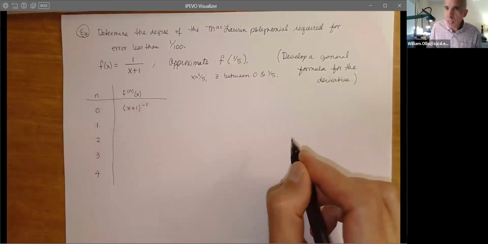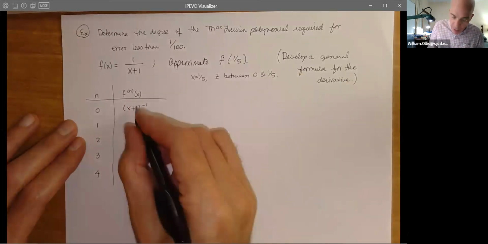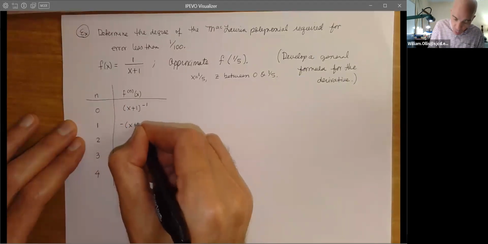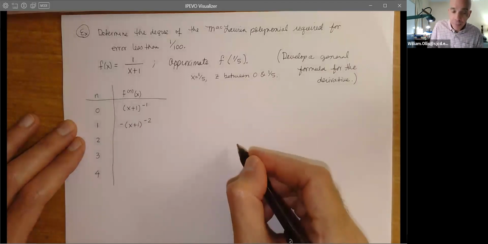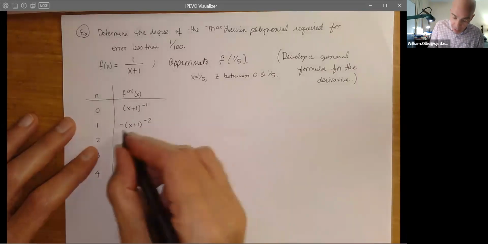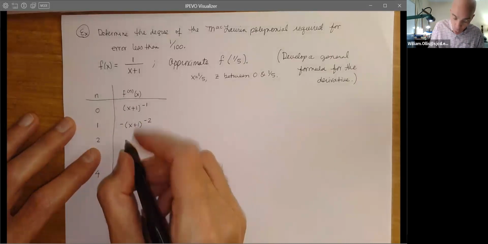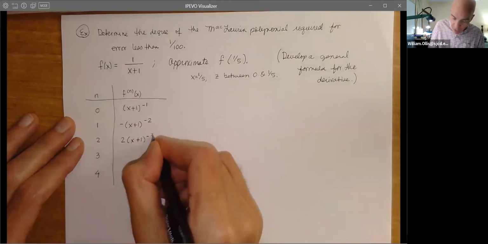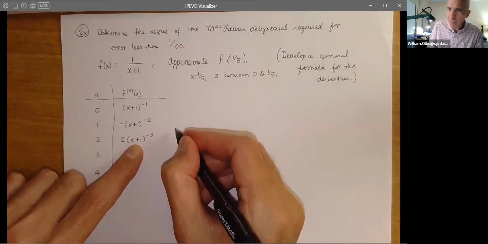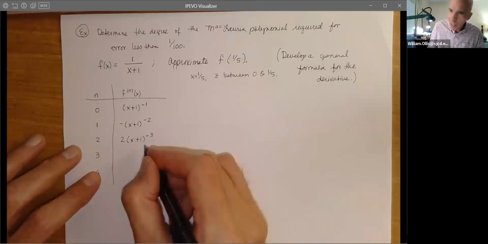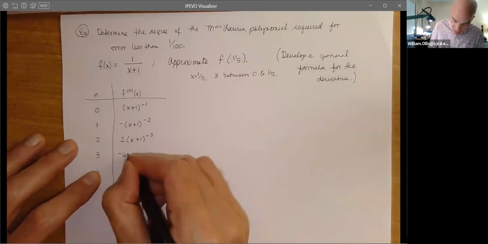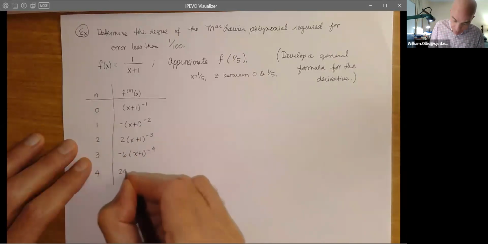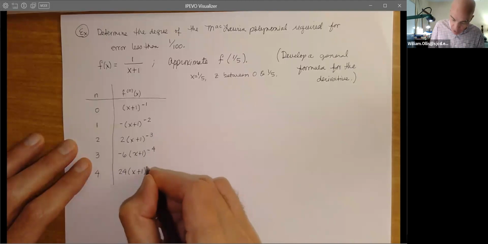And this is what you did in Cal 1. So we're going back to that. So again, here we're going to have what? Negative, in this case, x plus 1 to the negative 2. So we're going to get a factorial clearly. And here the 2 will come down, the negative will absorb that. So we have 2 times x plus 1 to the negative 3. Don't we wish we would have had that in the theorem for Taylor's theorem proved? No negative sign. And then we get a negative 6 times x plus 1 to the negative 4. And then, of course, we get a 24 times x plus 1 to the negative 5.